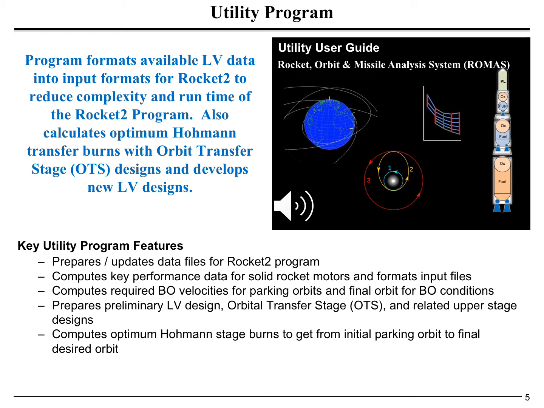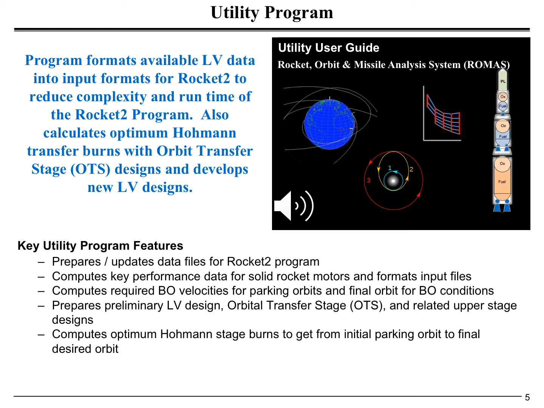It can also compute burnout velocities that are required for particular parking orbits, which may be your objective parking orbit, or it will also tell you what the final orbit is for a given set of burnout conditions. It helps in the preliminary launch vehicle design, the design of orbital transfer stages, and other upper stage designs. The Hohmann transfer stage burns provide you the optimum 2 burns required to get from the initial parking orbit to